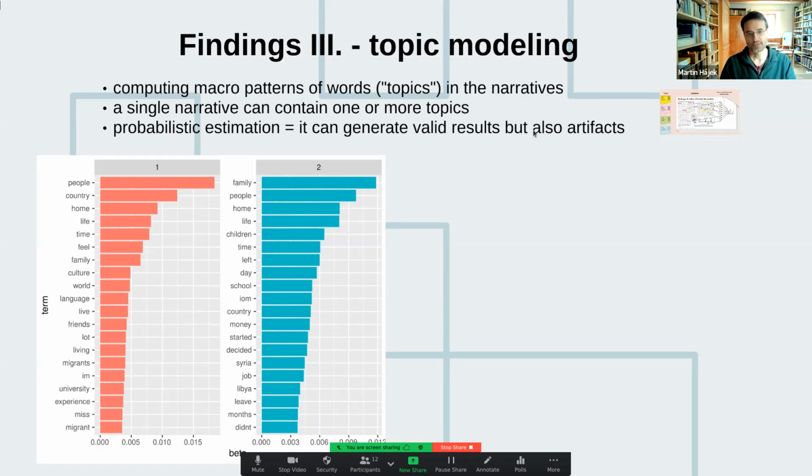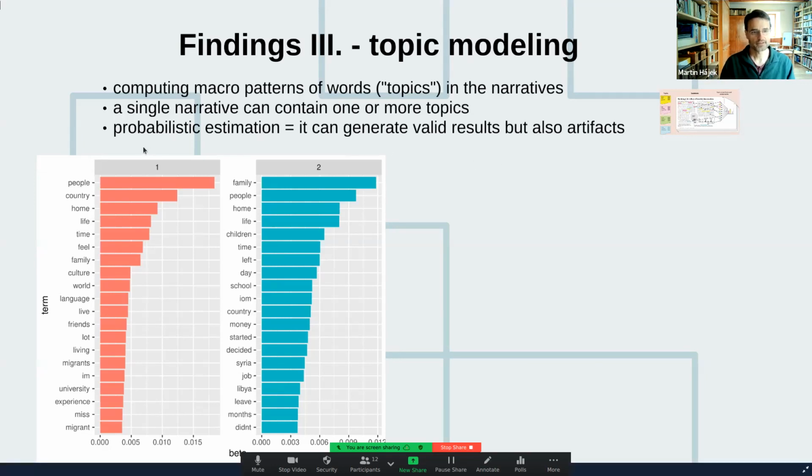Therefore, it can generate valid results, but also there could be artifacts, and it's up to analysts to do interpretation that reflects some context of possibilities, not only relying on what came out from the computer. And in our corpus of migrant stories,